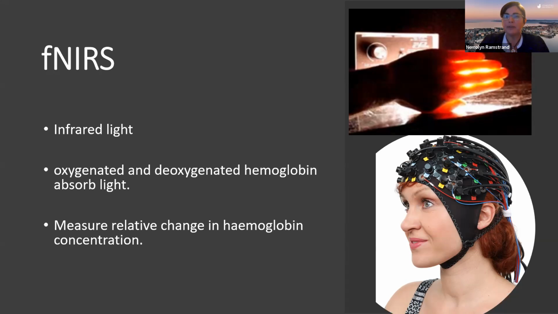And there's a formula that we can then use to look at relative changes in the hemoglobin concentration in the brain. So essentially, through a formula, by measuring blood flow in the brain, we can see how much activity there is in certain areas of the brain. And we can model that. So depending upon where I put these probes on the brain, I can model activity dynamically in the brain.